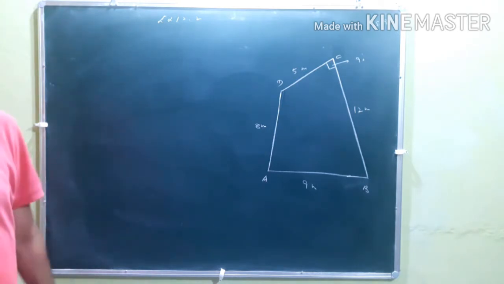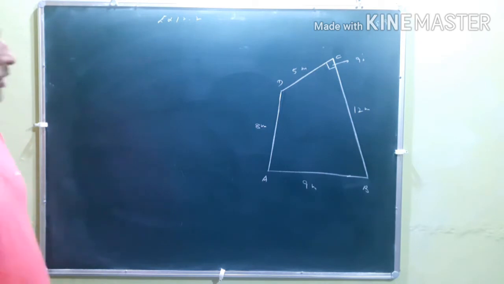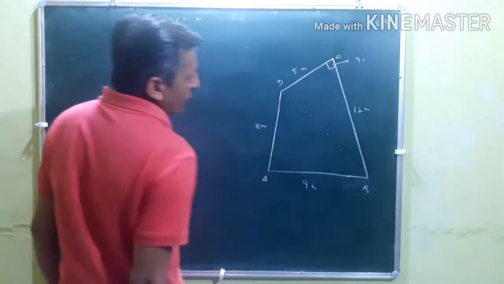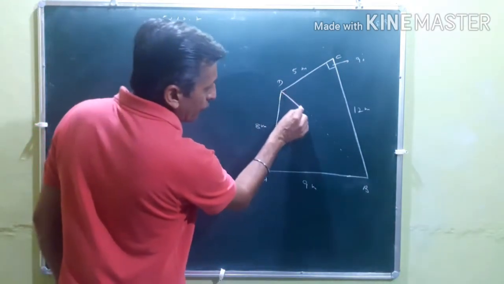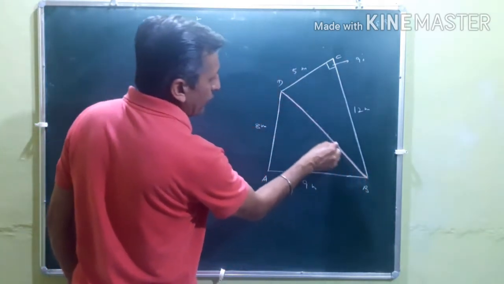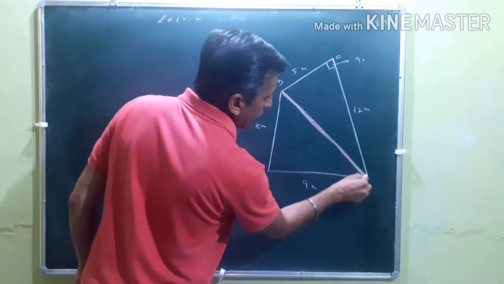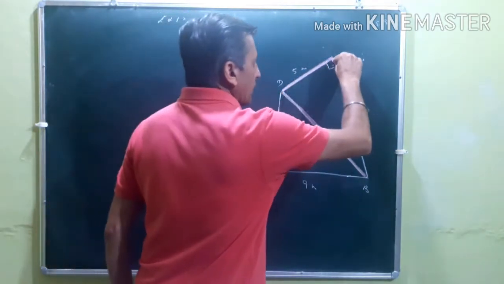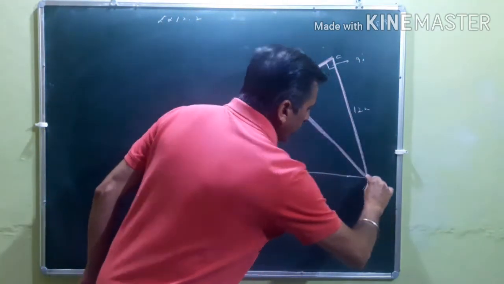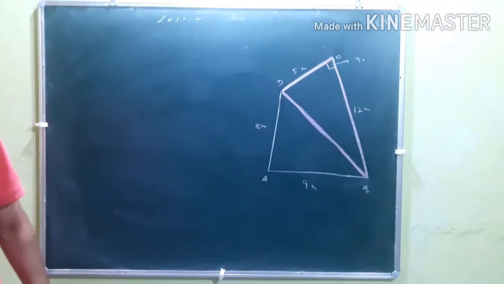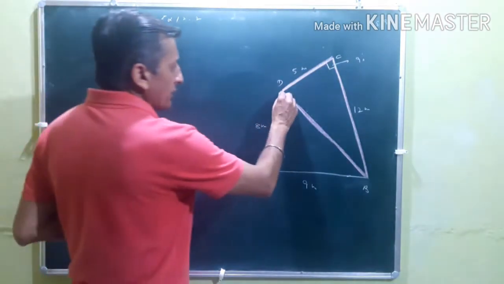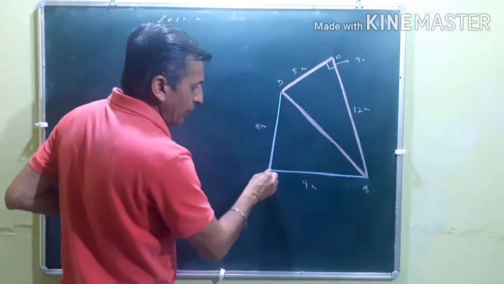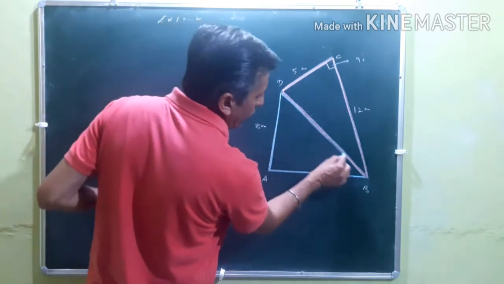So if you want to find the area for this one, first of all we will join B and D so that it becomes a triangle. So I'm going to join this C. This is your first triangle. This is your right angle triangle. This is the red one, I'm showing by the color. This is your right angle triangle, and the second, by showing the color blue, is your another triangle. Okay, and you have to find the total area occupied by the quadrilateral.